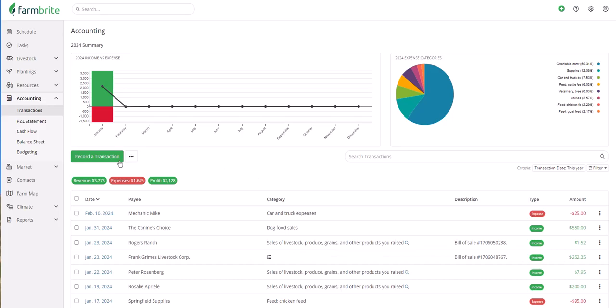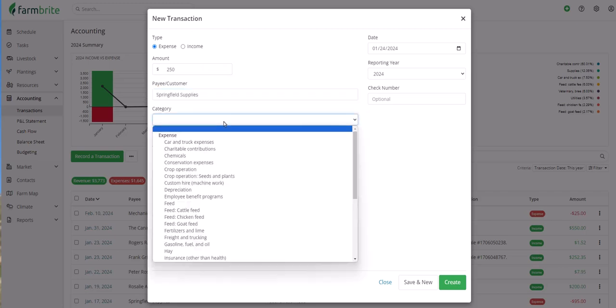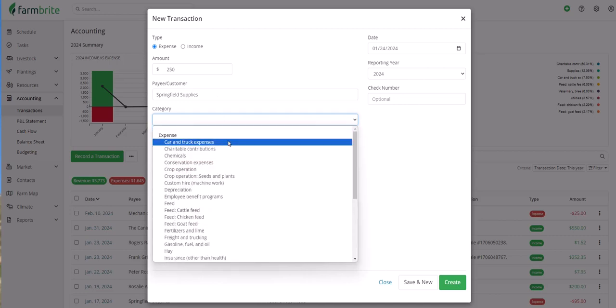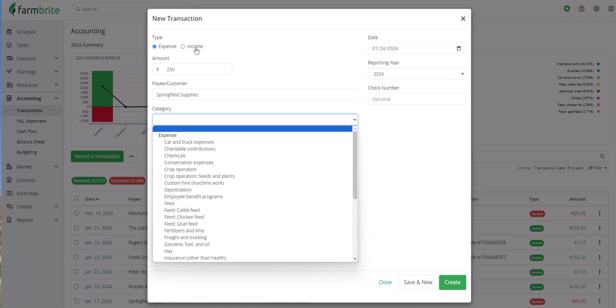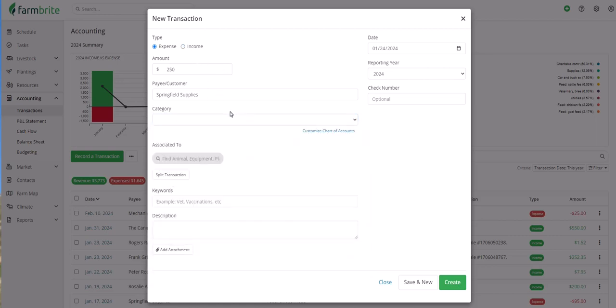Now let's take a look at creating a transaction. You'll first choose if the transaction you'd like to add should be an expense or an income transaction. You can then supply an amount and add who you paid for the expense or who paid you for income. Then we'll need to categorize the transaction. Your Farmbrite system comes with many default categories that you can use to track your expenses and others for your income. In addition to those, you'll also be able to customize a chart of accounts to create whatever categories work